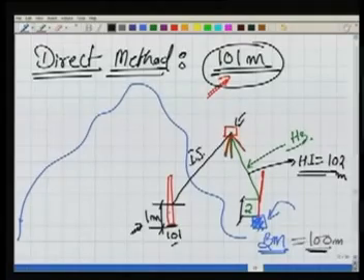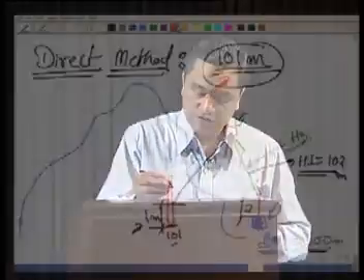Next, once we know one point has been identified, I am standing on the contour of 101 meter now. So where should the next point be? It is now very easy to determine, because the contours are connected, they are not disconnected. So I know the next point has to be somewhere nearby. After locating the first point, the location of the second point becomes easier. I can just move, also by some idea of the terrain, to the second point,